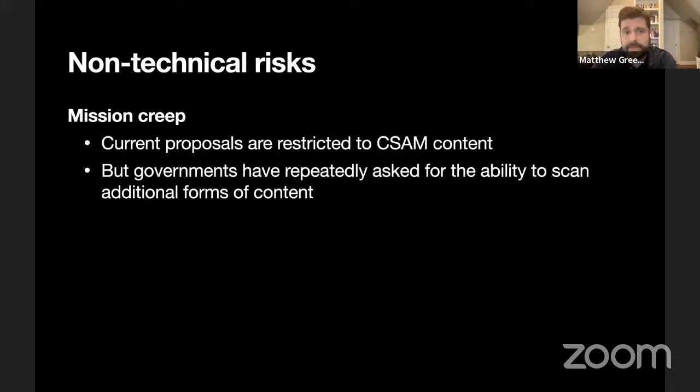The biggest one for me is the possibility of mission creep. These systems ultimately perform scanning of a live database that can be updated by a provider. That database contains information provided by organizations that are quasi-governmental, like NCMEC, the National Center for Missing and Exploited Children. The actual raw imagery, for very, very good reasons, is kept confidential. And so ultimately what NCMEC releases is a series of perceptual hashes of that imagery.